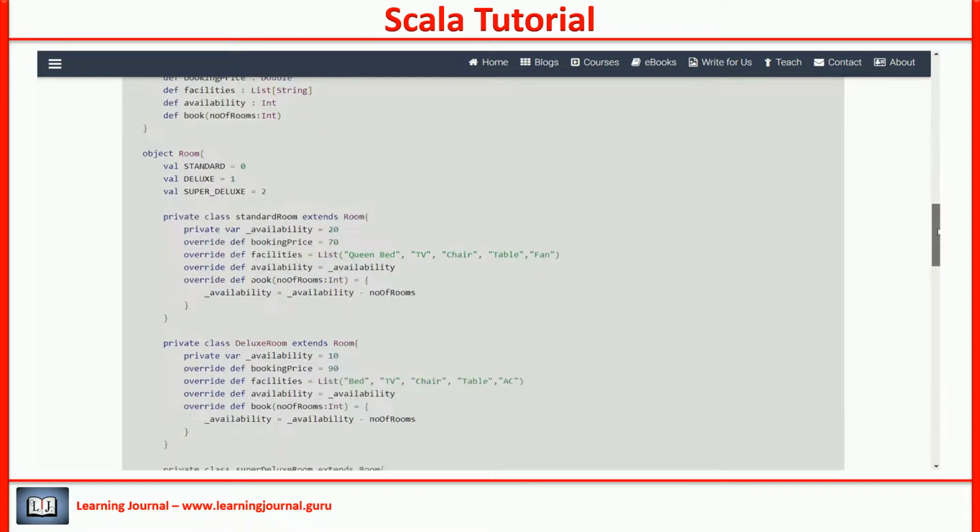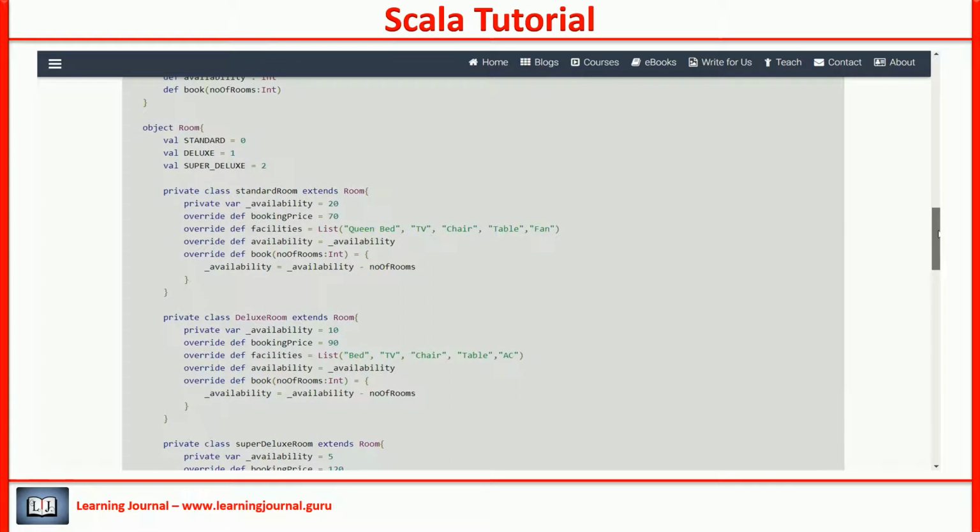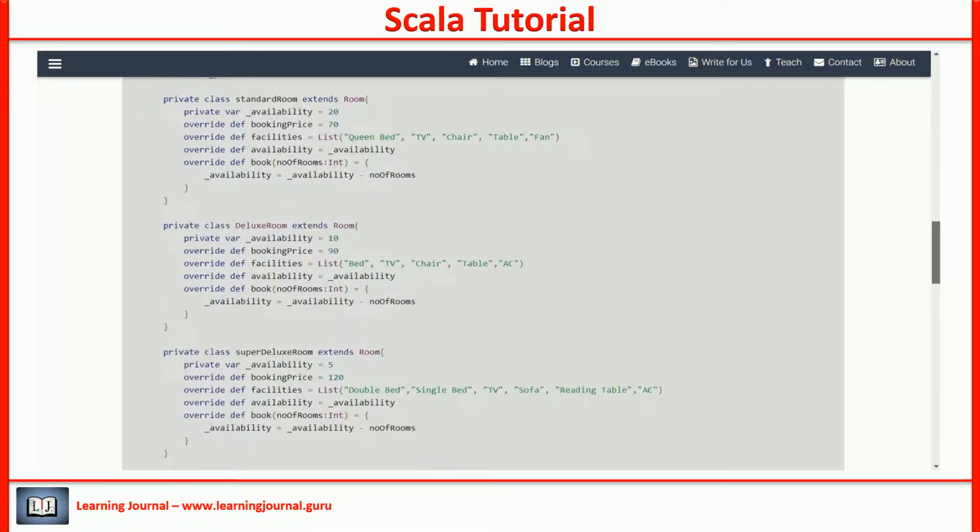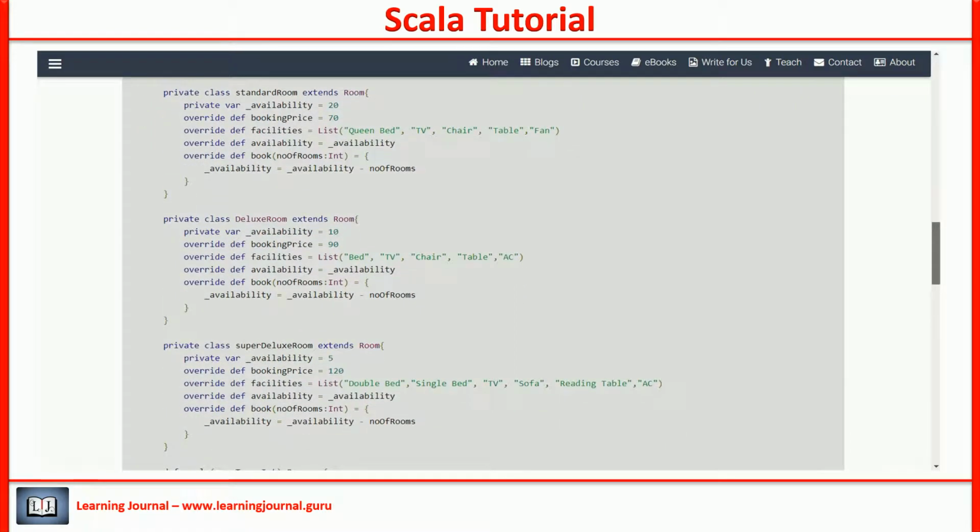The next part is a companion object for the class. We keep the same name and place both of them into a same source file. The code for the object is simple. I declare 3 static values and we will use these constants to tell the room type. Then we create 3 private classes, one for each room type.